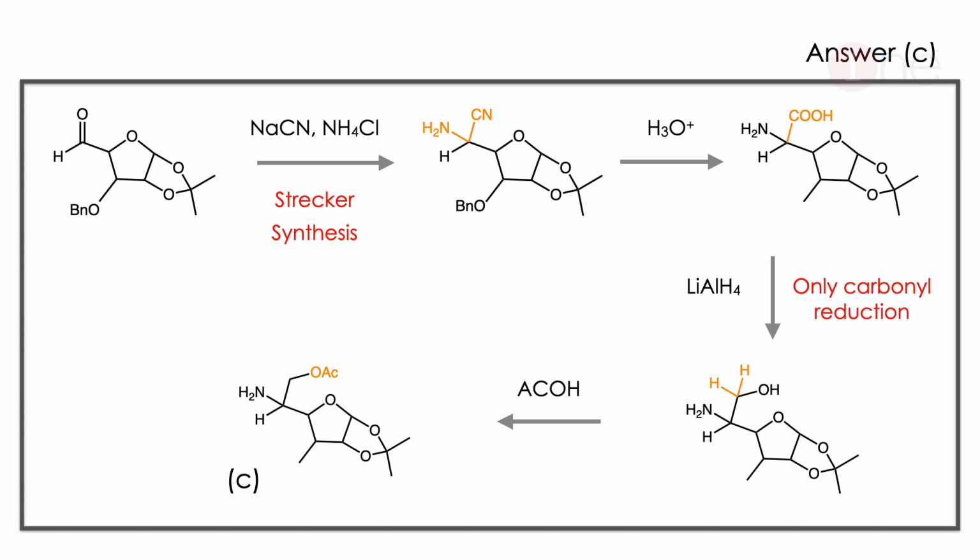The answer is C. Let us see why. Here the catalyst suggests that the reaction is the Strecker synthesis. The Strecker synthesis, what really happened? Cyanide and amine will add at the same time to the carbonyl group. So this is just a kind of substitution reaction. So CN and amine will form. Then if you use hydrolysis, acid will form.